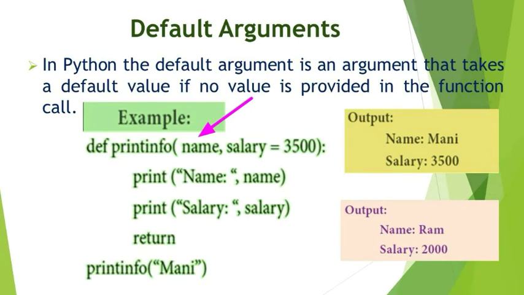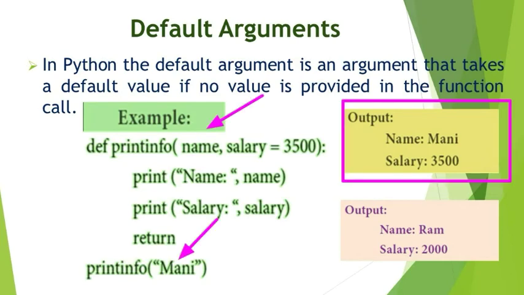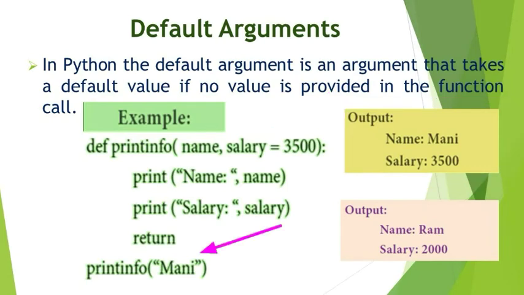So you will get the output, name is equal to money, salary is equal to 3500. How will you get this output? Because in the calling function your name is given but you are not given your salary. So if you are not giving your salary, the Python interpreter takes the default argument value from the function definition